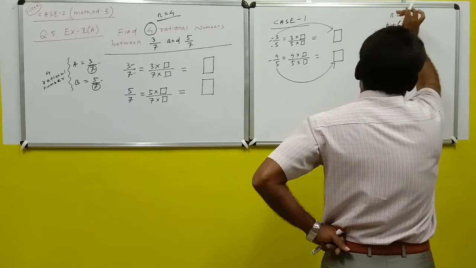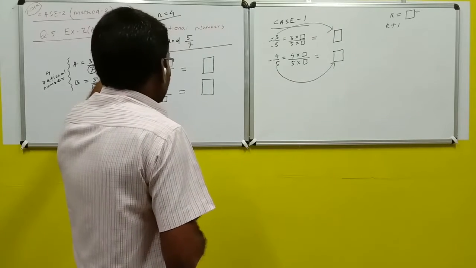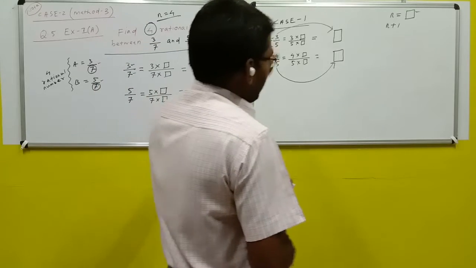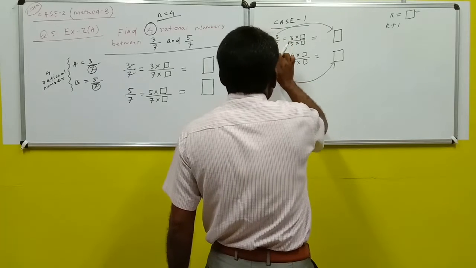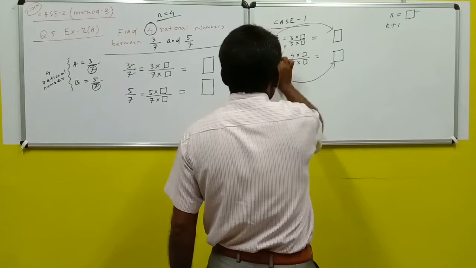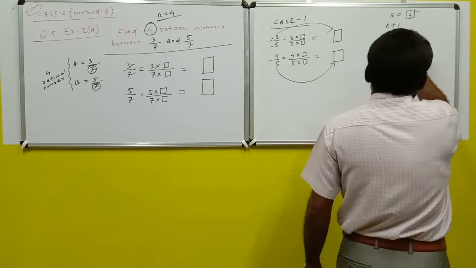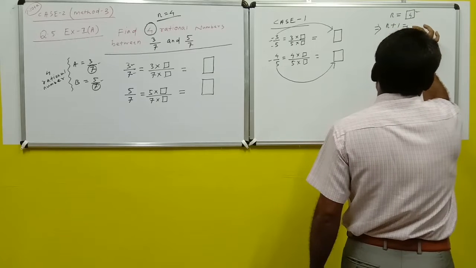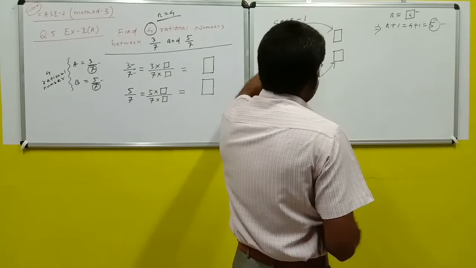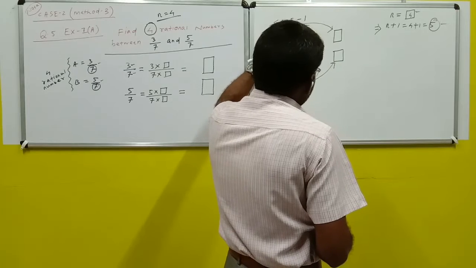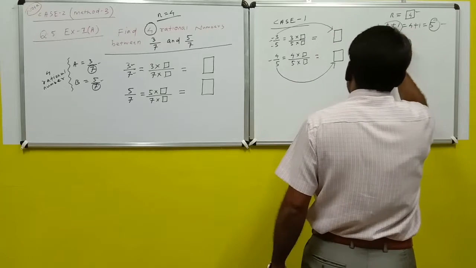So what is the value of n? The value of n is equal to the number of rational numbers you are instructed to find. Suppose you want to find four rational numbers between these two given rational numbers. You want to find four rational numbers, therefore the value of n will be 4. And simply you apply the rule n plus 1 equals 4 plus 1 equals 5, and this is the suitable number which is multiplied by the numerator and denominator of this rational number, and also by the numerator and denominator of this rational number. Simply you use the formula n plus 1 to find this suitable number.